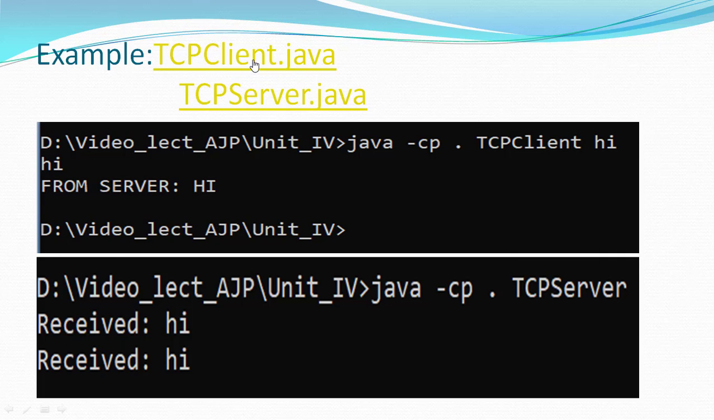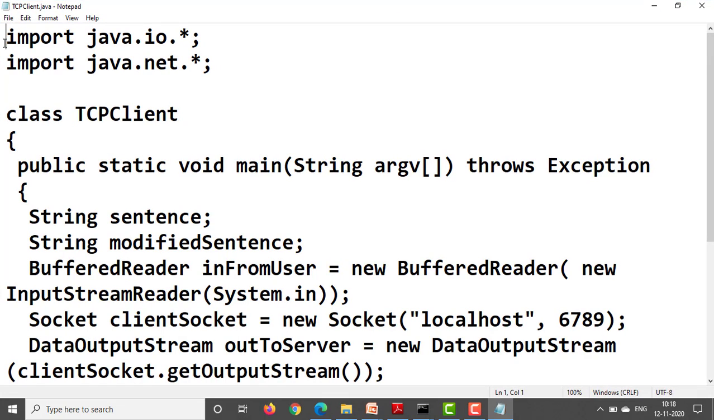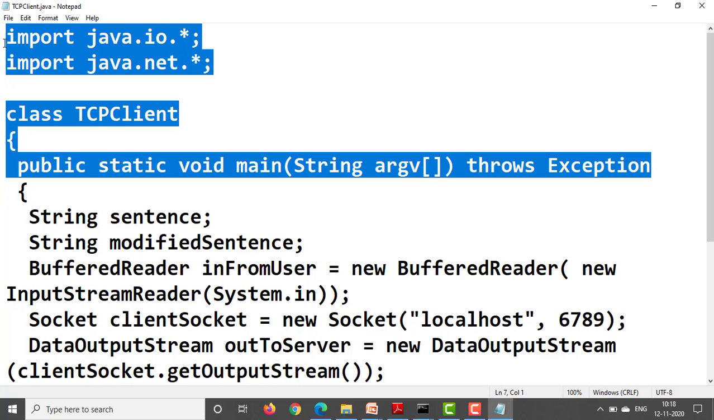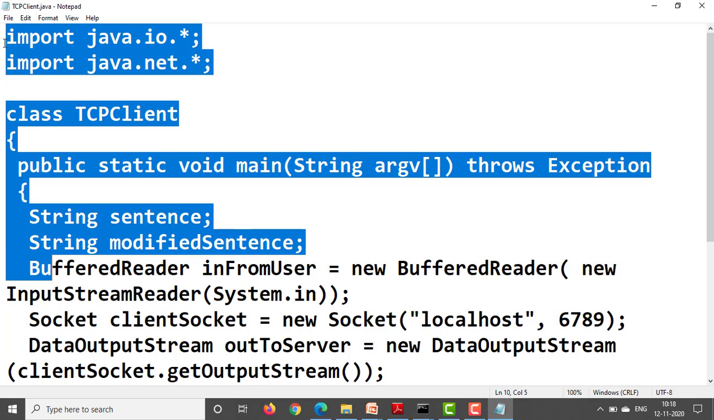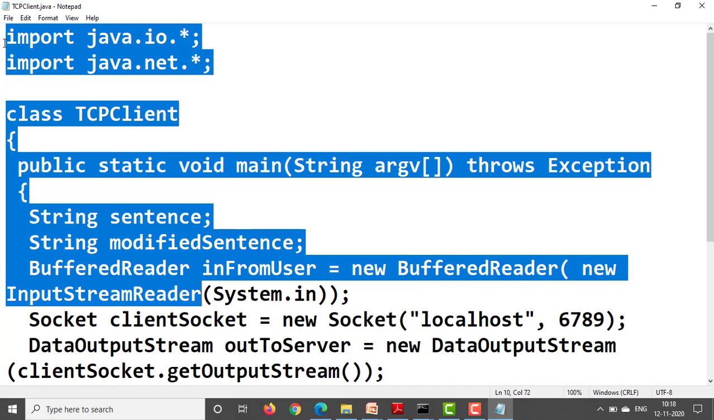See the TCP/IP client program. Here first thing we need to import the packages. import java.io.*; import java.net.*; these are the two packages. class TCPClient { public static void main(String args[]) throws IOException { one variable String sentence; next another variable String modifiedSentence; Here we use BufferedReader inFromUser = new BufferedReader(new InputStreamReader(System.in));